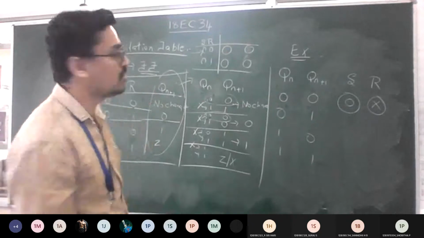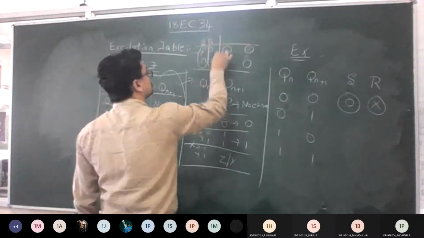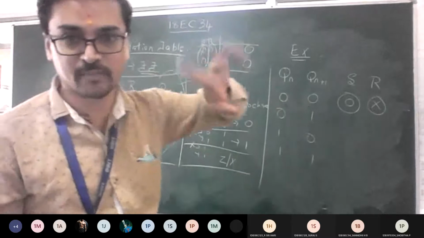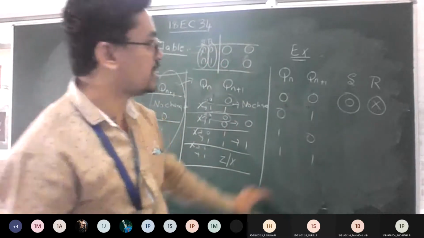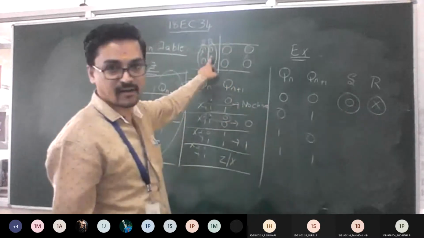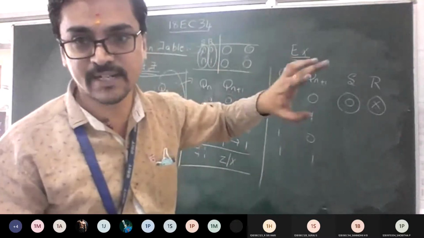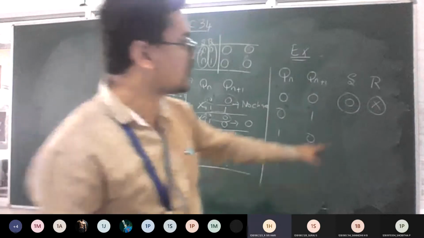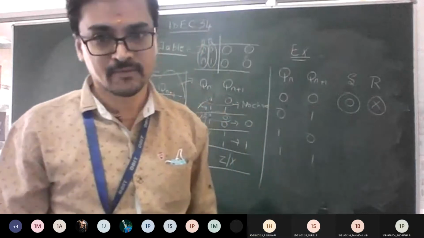Now, what I am claiming is, these are two outputs, combine these two. If you combine these two, S has a common term, 0, for both the cases. Agree? That's why I wrote the first with 0. Similarly, check out R. It has 0, 1. So what is the meaning of that? It is not constant. It is a don't care condition. Correct? That is why we wrote X here. Understood now? Fine?